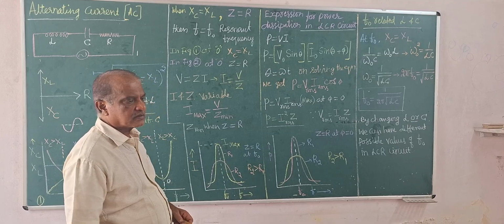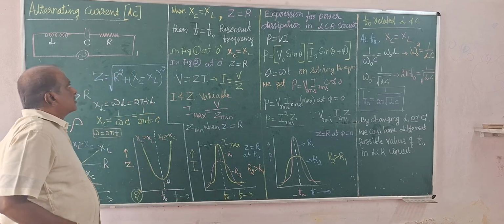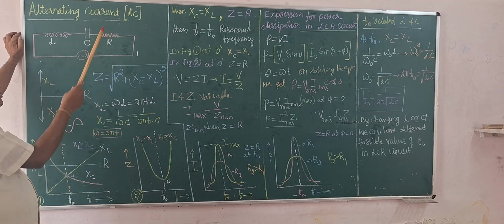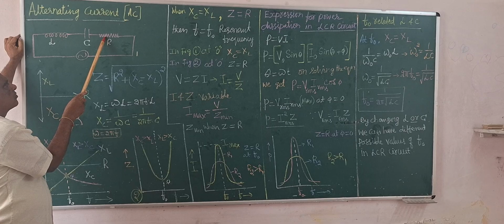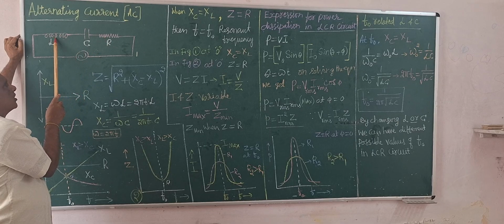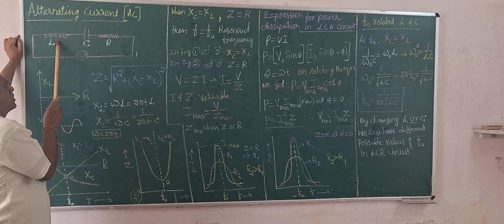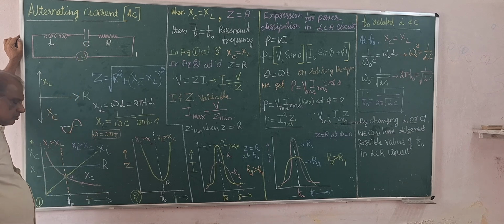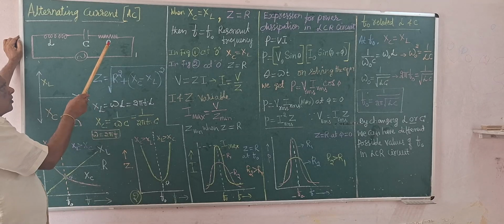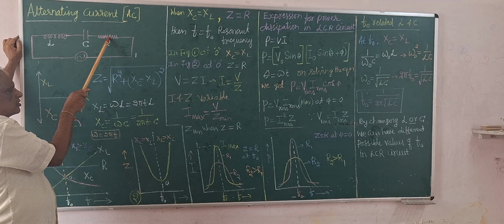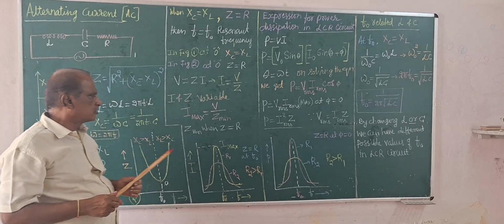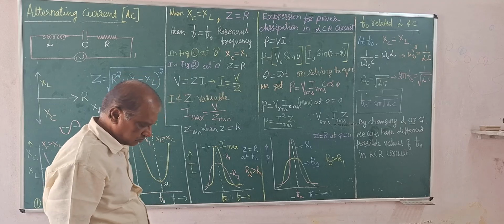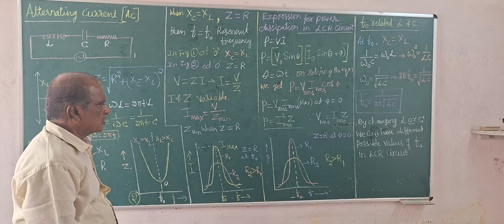Power is dissipated at the maximum state, and of course power is dissipated at the resistor. The inductor and capacitor are not power dissipators. They only store and release energy. Electric power is dissipated only through the resistor. So, with all these mathematical concepts and graphical representation, it is clearly understood